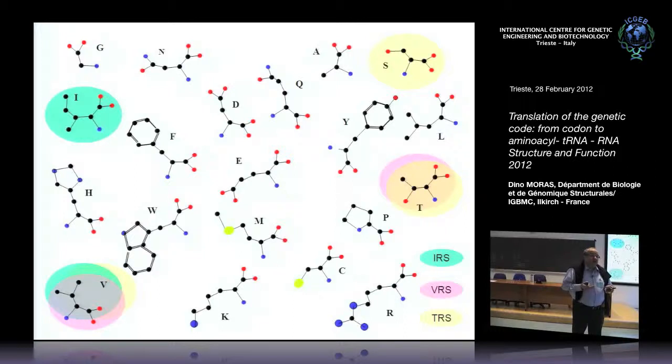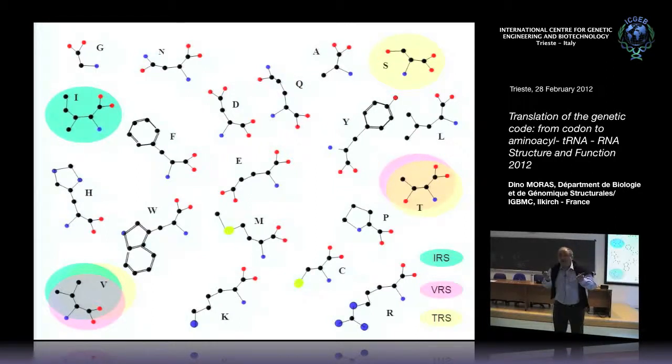The stereochemistry of the amino acid is such that there are one or two other amino acids which are close enough to induce mischarging. That is, the synthetase will not discriminate the amino acid from the true one at a level